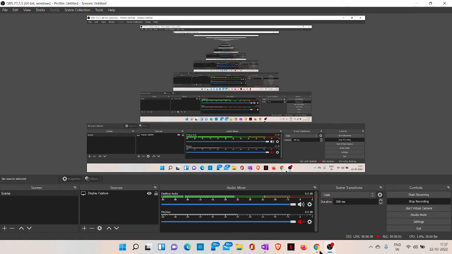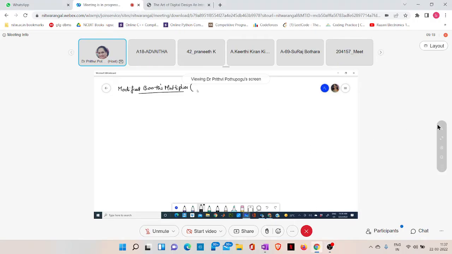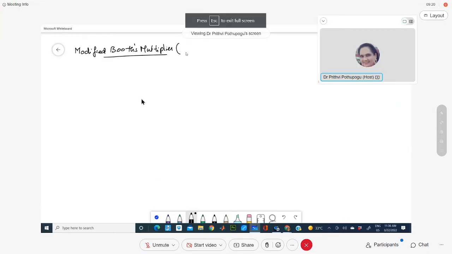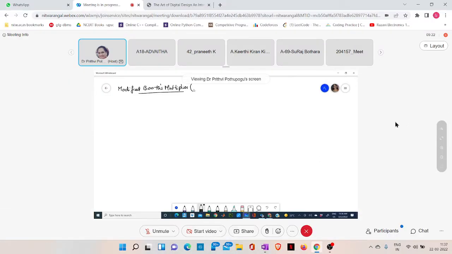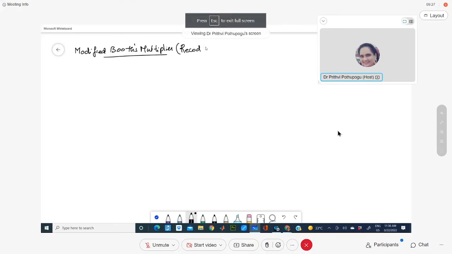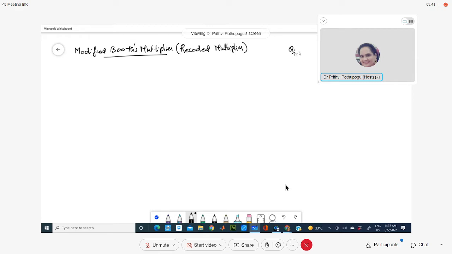This modified Booth concept has another name, recoding. We can say it's a recoded multiplier also. Actually, in your Booth multiplier, we were taking the bits of q_i minus 1 and q_i